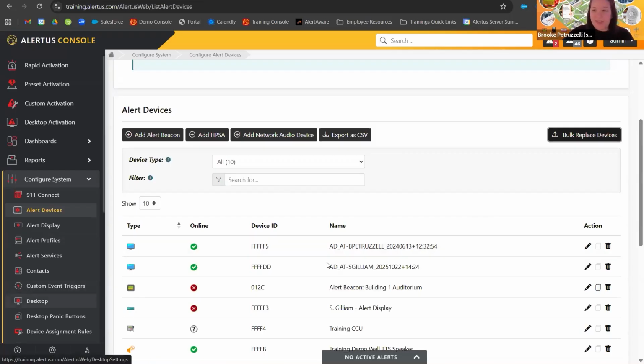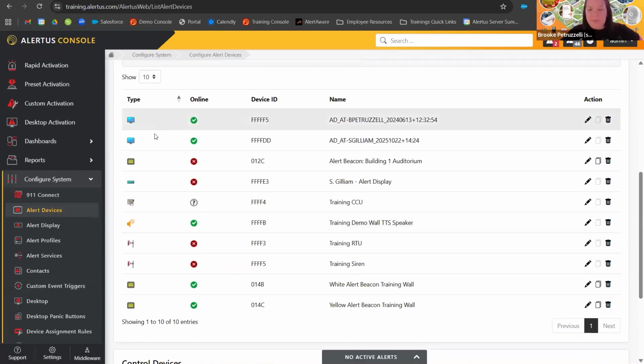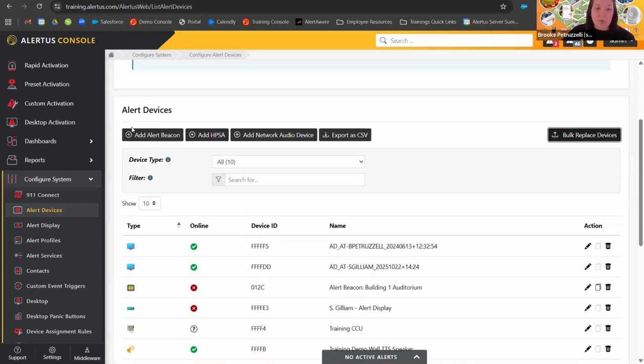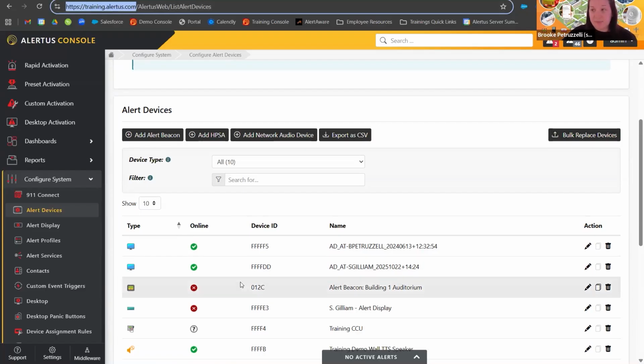The next thing we're going to hop down to is desktop. So you can see here that we have two desktops in this system. Desktops are automatically going to show up in the system. So you will not see an add desktop button up here. If the device itself has the Alertus desktop software downloaded and has been configured to target your Alertus host name up here, then it's going to show up in your system. So if a device gets deleted, but then the computer turns back on, it will pop back up here as well. If it needs to be updated, you will, of course, be able to do that in the system as